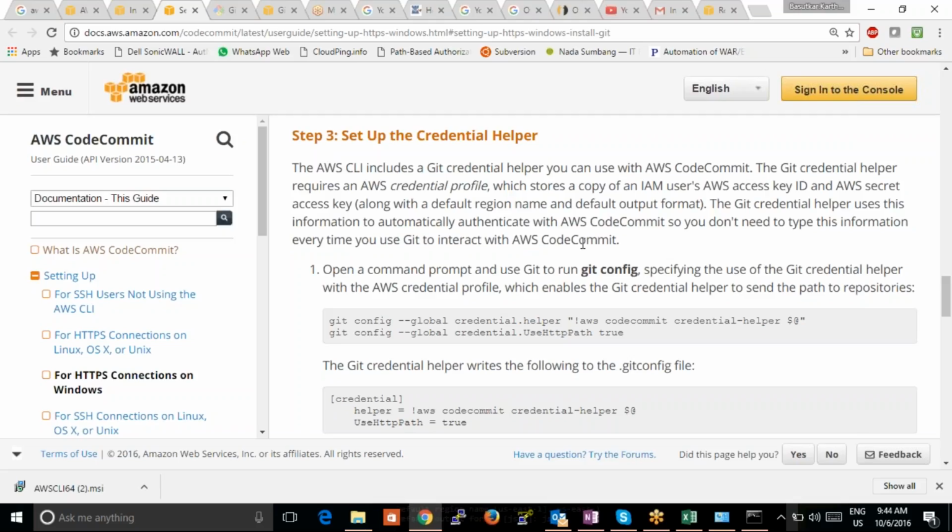See, we can keep multiple credentials on that PC, and we can access multiple services from this AWS CLI. So right now I am giving those credentials as global credentials by giving this Git